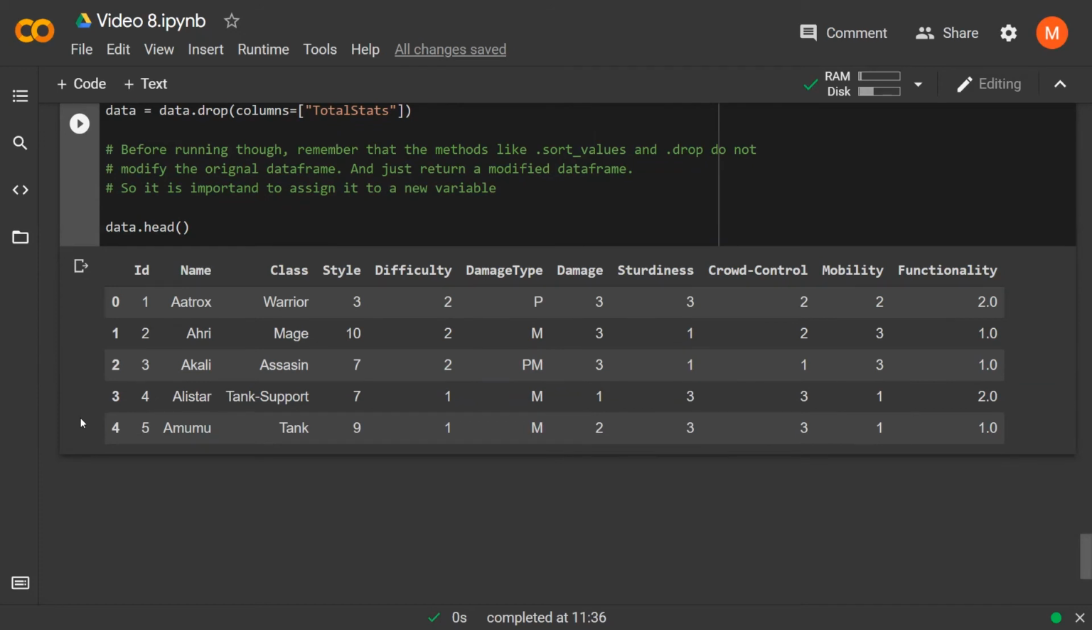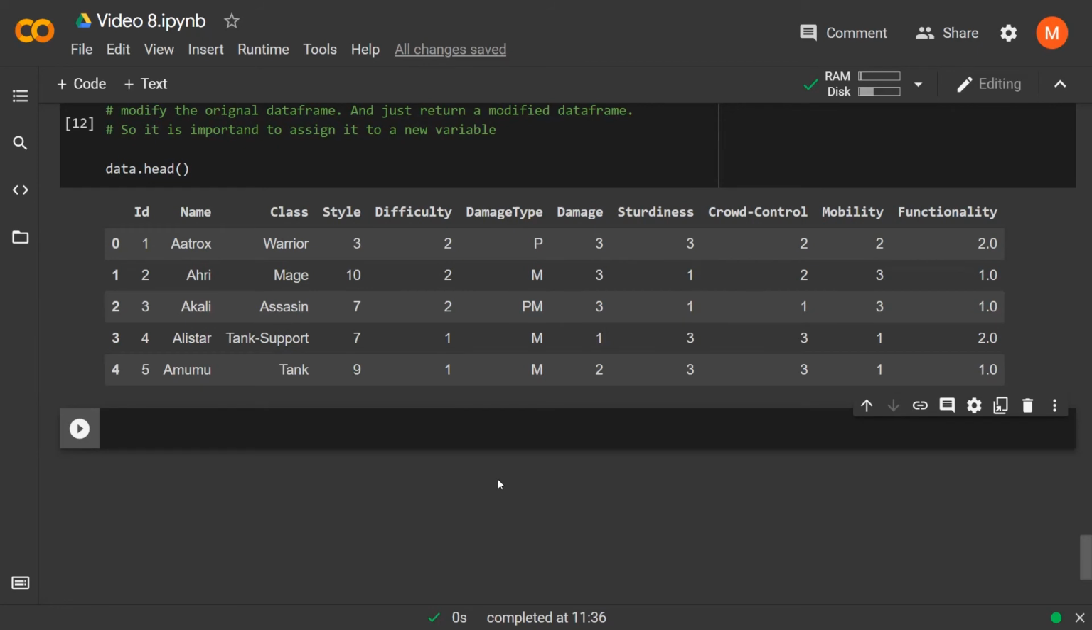The better way to add a new column is using the iloc attribute that we have discussed in the previous videos. First, let's talk about which columns we want to add. We want to add the style, damage, sturdiness, crowd control, mobility, and functionality columns to their index. And their index would be 3, 6, 7, 8, 9, and 10. And so